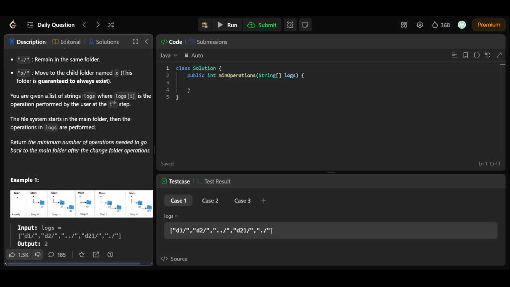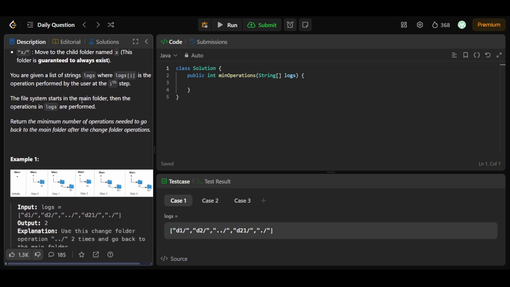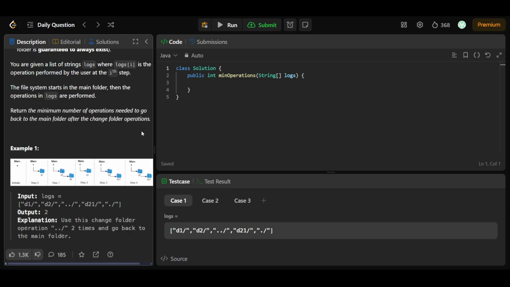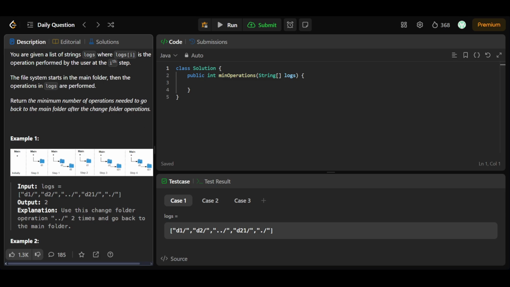Okay, we'll be given the list of string logs, where logs[i] is the operation performed by the user at the i-th step, and the file system starts in the main folder, then the operations in the logs are performed. And we have to return the minimum number of operations needed to go back to the main folder after the change folder operations. Okay, so in the first example, we are in the main folder, and